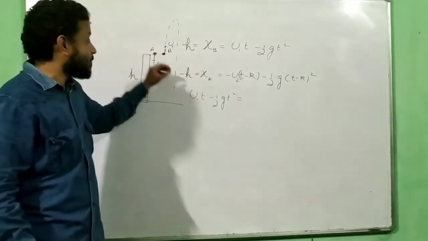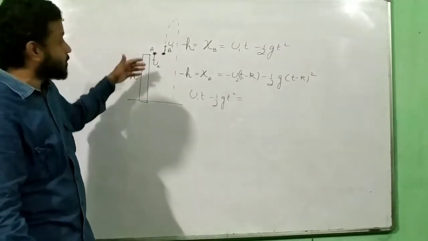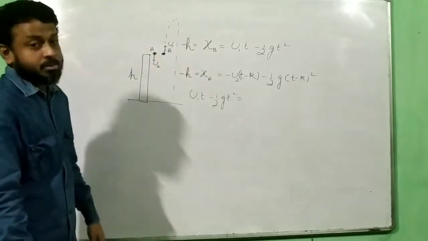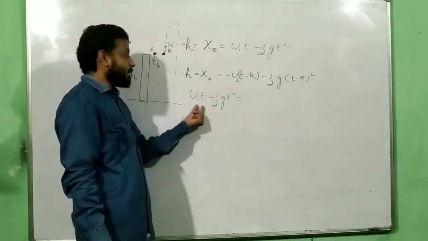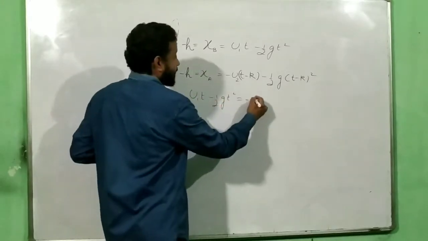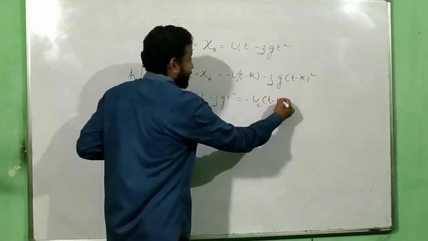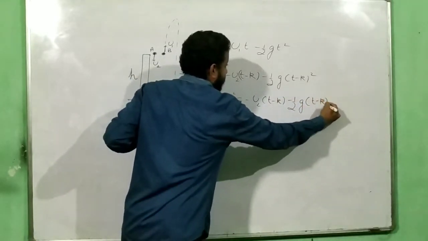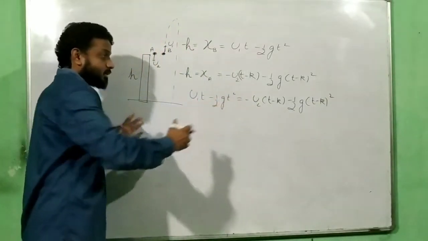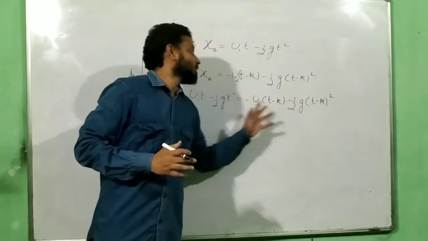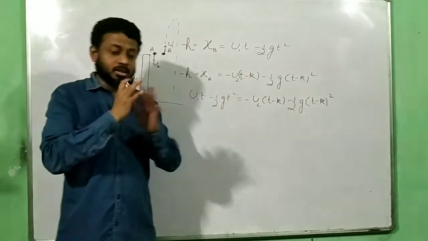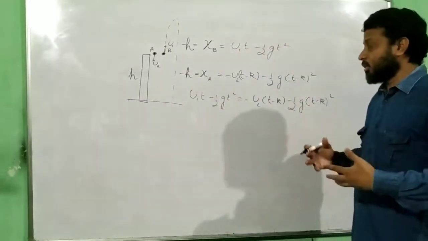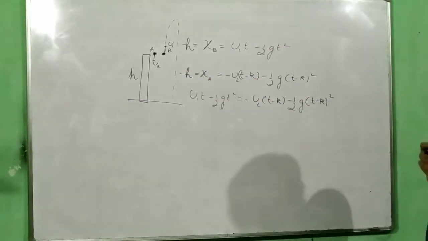I have to equate them when both of them reach the ground simultaneously. That means both of them have undergone the same displacement. So in that case, minus h and minus h will remain same. So u1t minus half g t square equals to minus u2 (t minus k) minus half g (t minus k) the whole square. And then you have to expand this term. Okay. You can take the value of g as 10, do it slowly, and you will find that the answer slowly comes up. Okay? Don't panic.